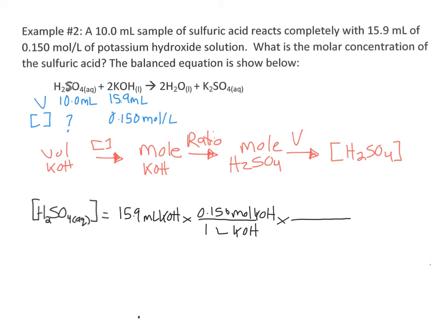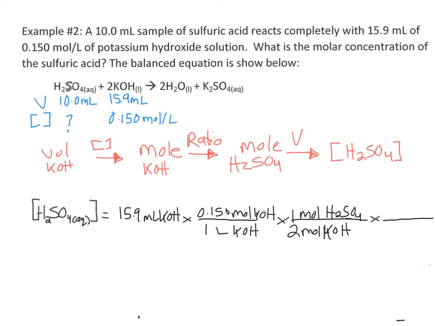We're then going to convert the number of moles of potassium hydroxide to moles of sulfuric acid using our mole ratio. We have 2 moles of KOH to 1 mole of H2SO4,